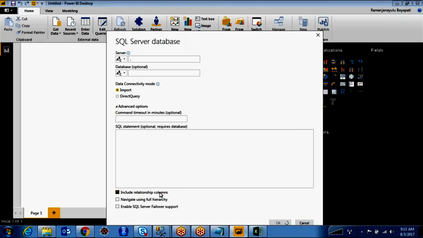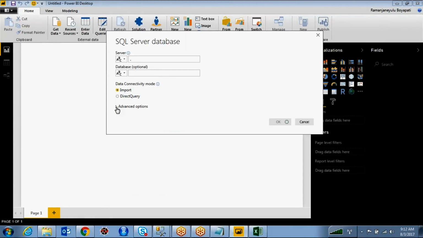See here, include relationship columns. So we are going to include whatever relationships are there in the database; it will include those columns also. Click OK. It will connect to the SQL server you have.